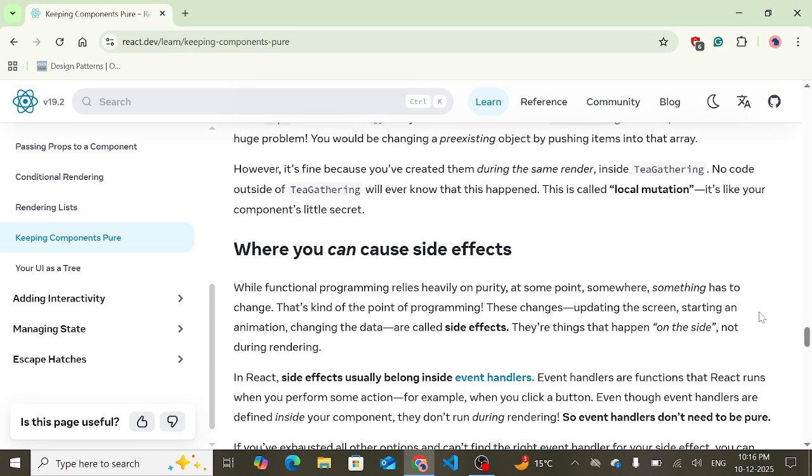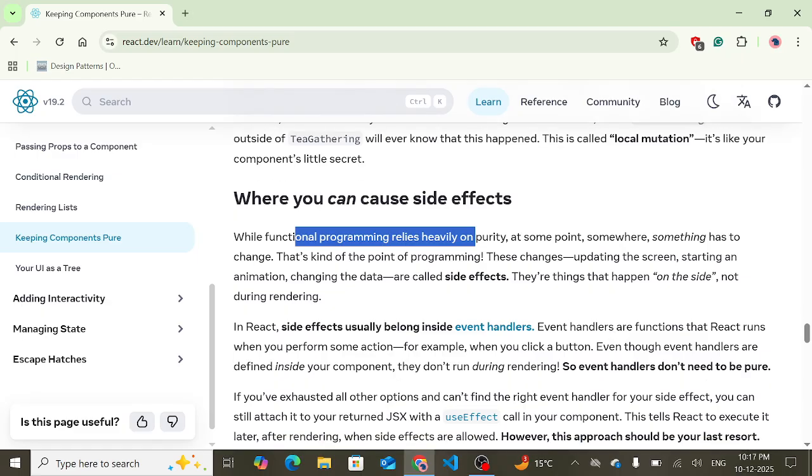Now, although you want pure functions, right? Sometimes you can make side effects to change the data. For example, there's some animation happening. Okay. Sometimes you update the screen, change the data due to something, right? Some user action happens, right? So a swipe changes the carousel, brings the carousel into the view, or you can render an element that opens another modal inside it. Okay, these are side effects. So